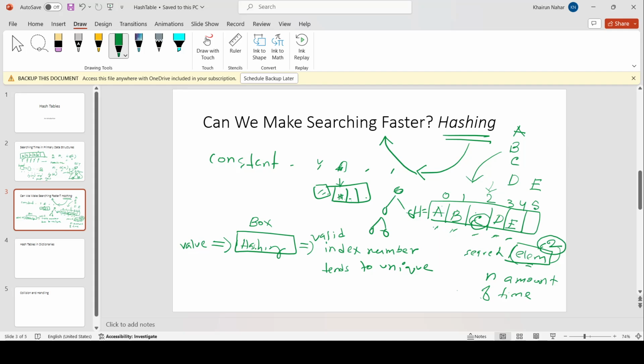তো এই ইনডেক্সটা জানা অথবা জেনারেট করা হচ্ছে হ্যাশিং। কিভাবে করব? So let's go back a little bit. So I have an empty array H, and I have these elements. আমি ডিরেক্টলি A কে 0, B কে 1 সিকোয়েন্সিয়ালি ইনসার্ট না করে যেটা করব, এই A কে প্রথমে এই হ্যাশিং বক্সে দিব,